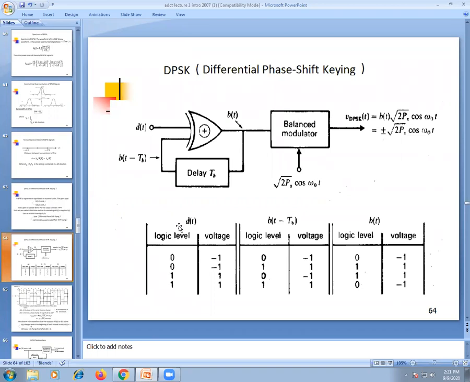If both inputs of the XOR gate are the same, then the output is 0. Both the signals being the same means 0, 0 or 1, 1. If it is 0, 1 or 1, 0, the output is 1. So that is the XOR operation. Now, students, here there are waveforms.